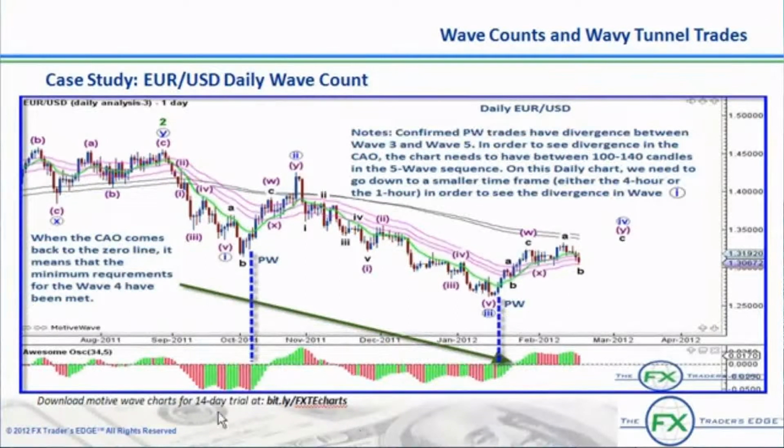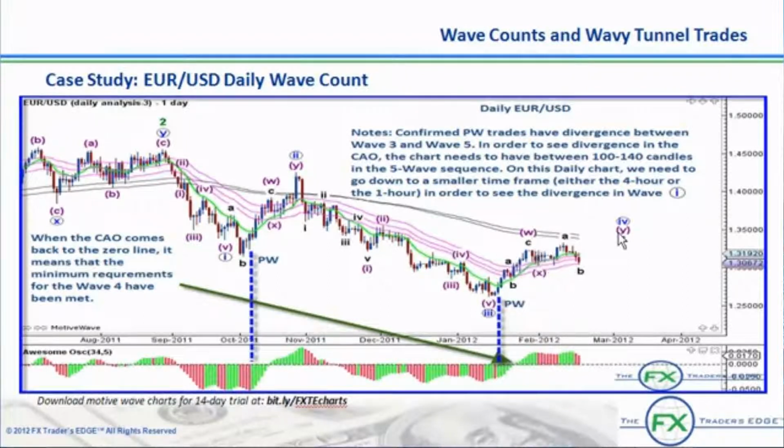When the awesome oscillator comes back to the zero line, it means that the minimum requirements for the wave 4 have been met. So now I'm pointing to the wave 4 on this daily chart. On the right side of the chart, we can therefore assume that the minimum requirements of this wave 4 have been met. However, the correction is labeled so far as a W,